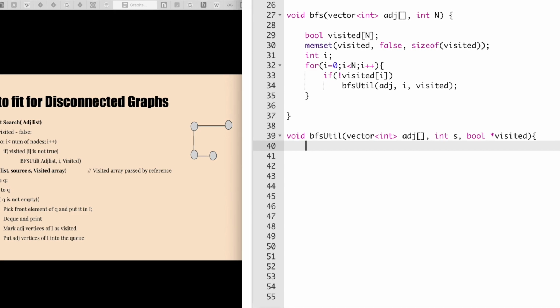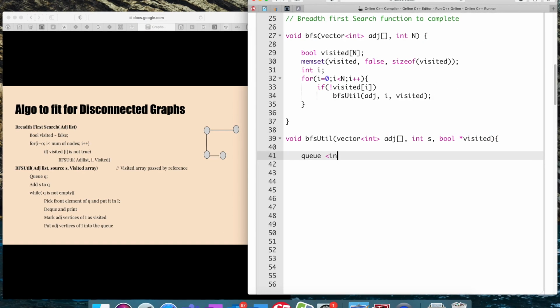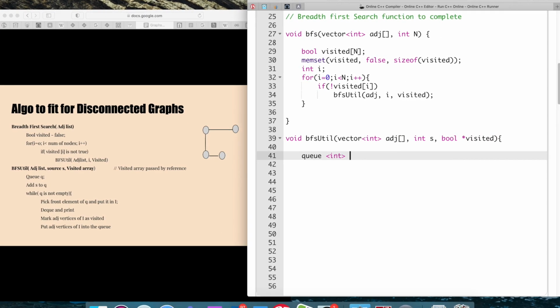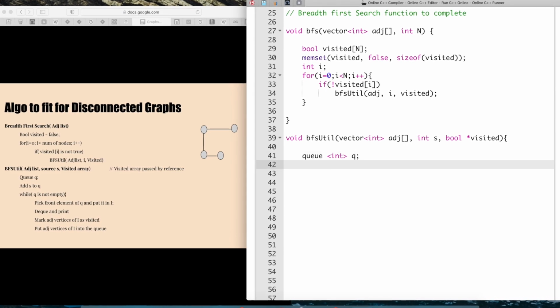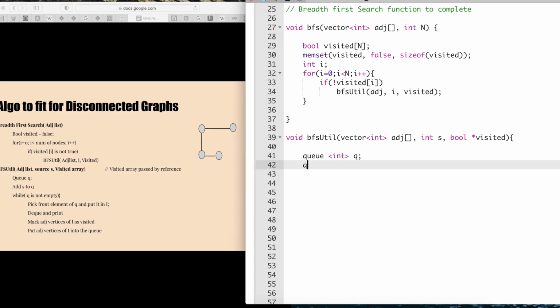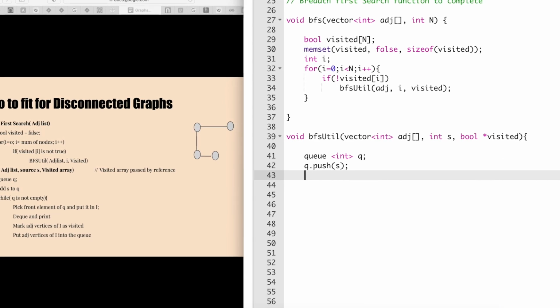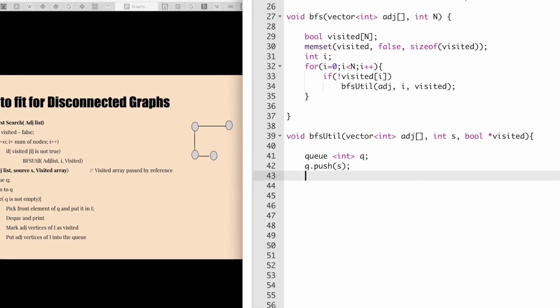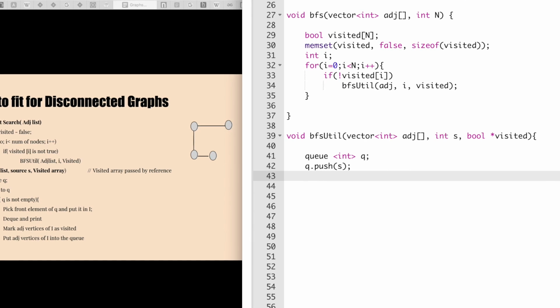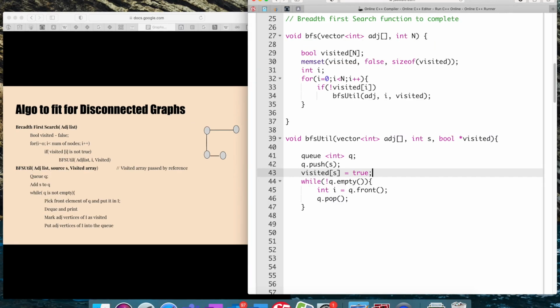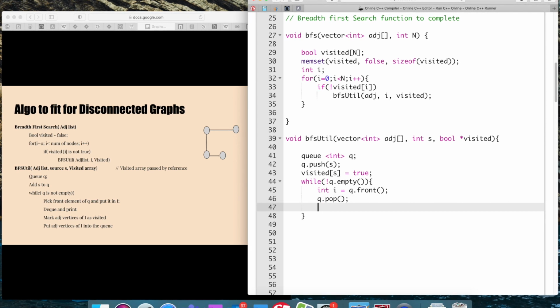Now in the BFS util function, we will declare a queue of integers first. Now we are going to add the source vertex into the queue, and then, as long as the queue is not empty, we are going to explore the vertices connected to the source vertex. Marking the vertices as visited is very important to not run into infinite loops.